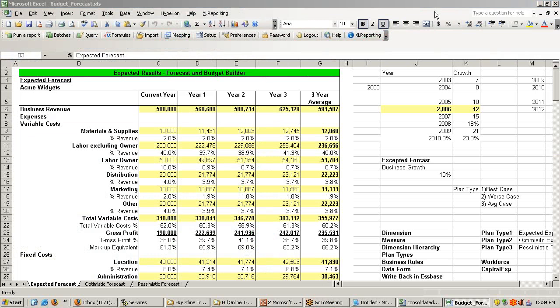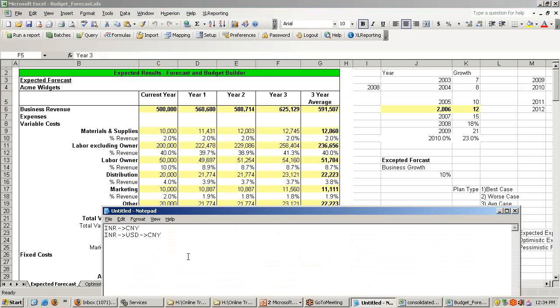Okay, so in the given example you can see I have one forecast application, an Excel sheet in which I am recording my data for various months, or for various years. Now I am forecasting for the current year and for the next 3 years. This information is captured at departmental level. It means each distributor